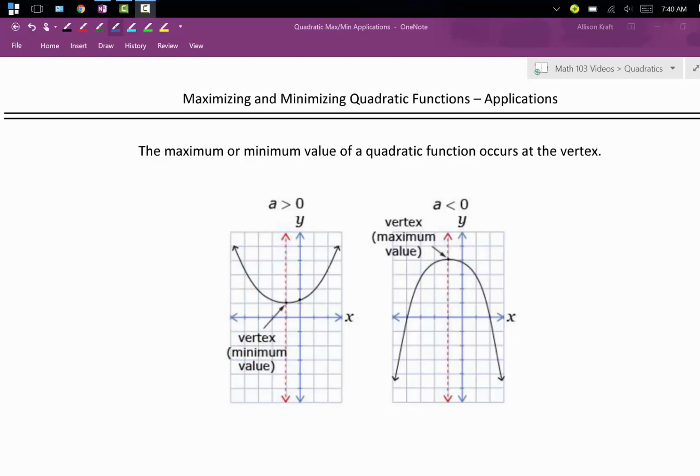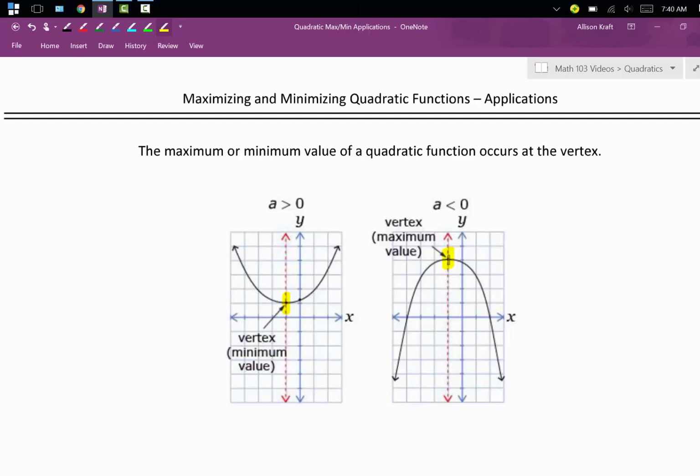This video discusses applications of maximizing and minimizing quadratic functions. The maximum or minimum value of a quadratic function always occurs at the vertex. If your parabola is pointing up, the minimum value is located right here, which is at the vertex. Similarly, if you have a parabola pointing down, the maximum value occurs right there, also at the vertex of the